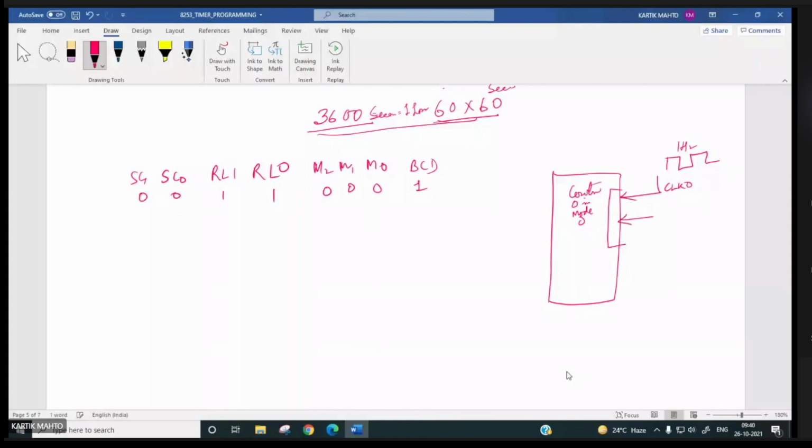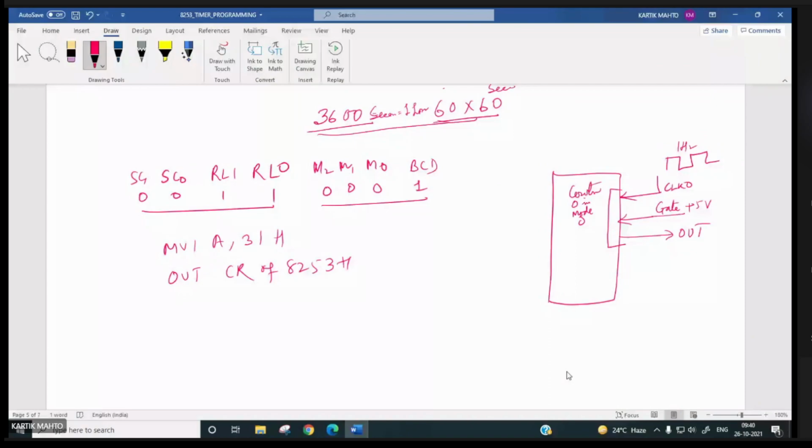The gate is suppose tied to plus 5 volt, and this is out 0, right? So MVI A, 31H, OUT control register of 8253, right?